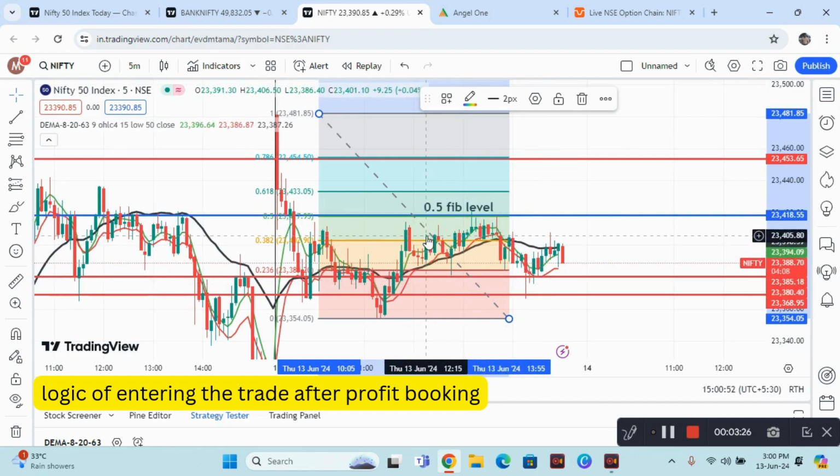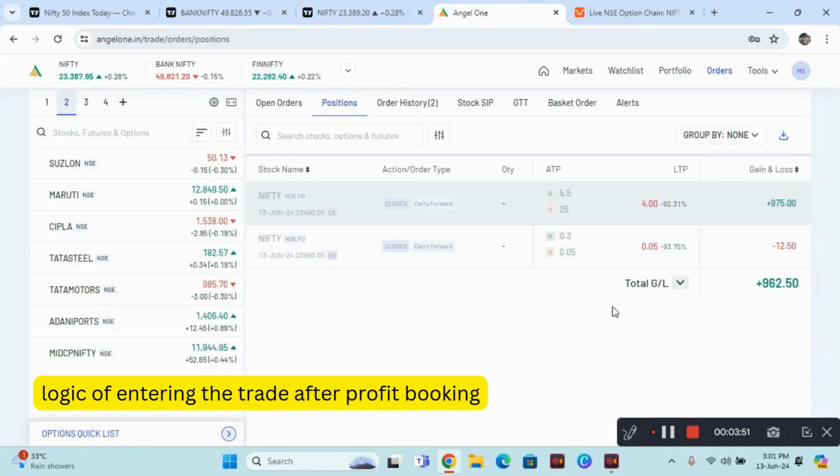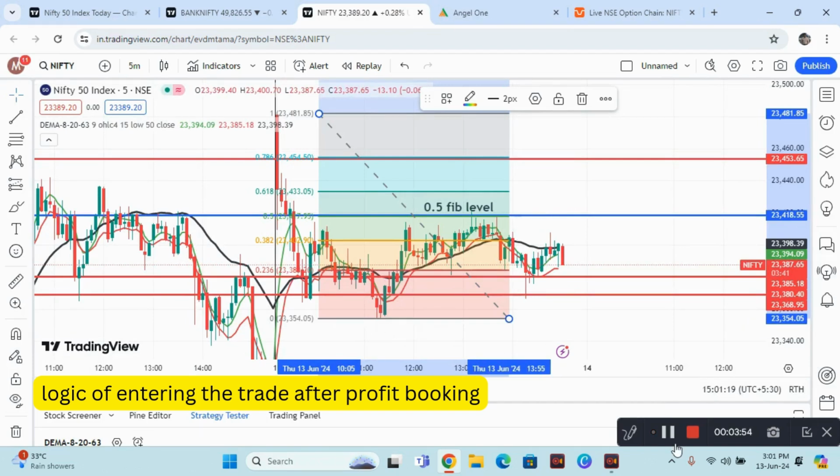So I entered the trade here, friends. At 12:25 I entered the trade here, and then the market came down as per my view, because I sold this CE, so my view was bearish. After it went until this level, it gave the rejection. You can see, and then I had this profit. Friends, this was the reasoning and the logic why I entered the trade. Okay? Good.